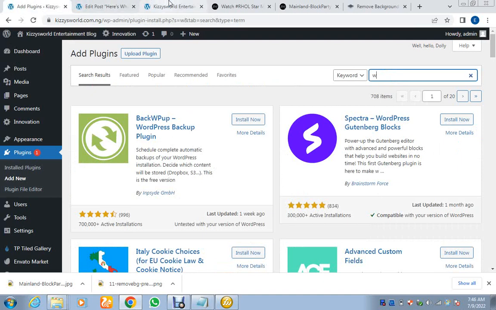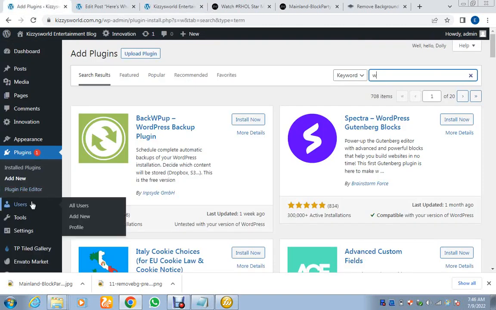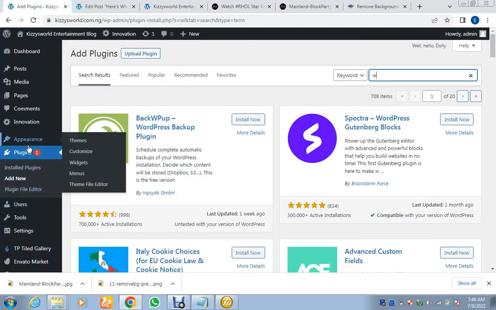So the next thing now is we need to edit this area. You see these things, we need to edit them. So I'll just show you how you do them, then you do them yourself. But the question now is, where can we get this? This thing can be found in the widgets. All footer in all theme, you can always find them in the widgets. The things that have been posted in the footer can be found in the widgets. So all you need to do is just come down here,